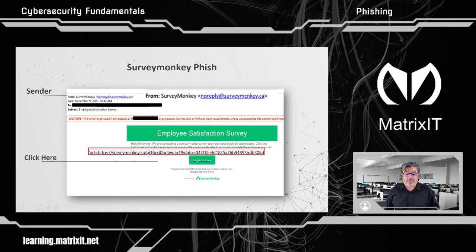It says hello everyone, and it's going to be something where you're going to have to look for it, because it's not fun if you start going to these sites that look like the real thing. It may look like the actual SurveyMonkey site. All right, and then any information you put in there is going to go right to the cyber criminal or whoever built the site.